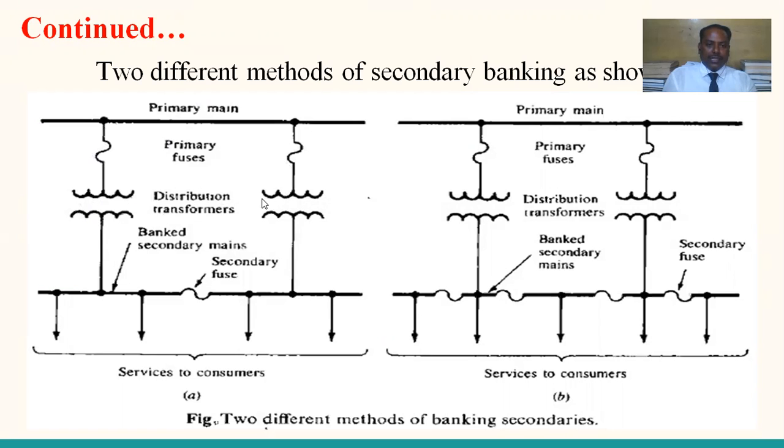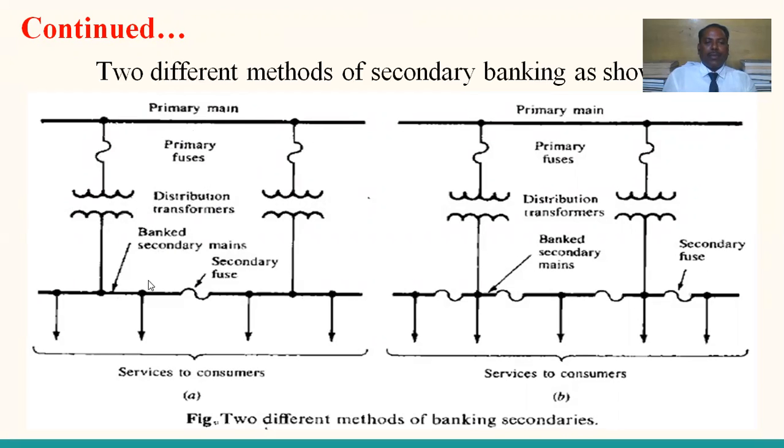And these are the two transformers which are connected in parallel, which is secondary banking. The secondary sides of both the transformers are connected to the consumers through a secondary piece. See, secondary main, secondary piece, primary main, primary piece, distribution transformers,